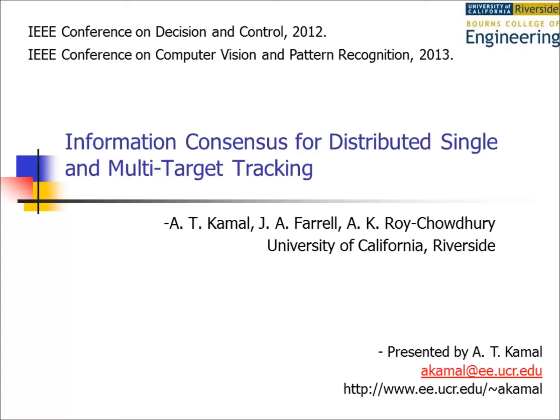Welcome to this presentation on consensus-based distributed multi-target tracking. Due to the availability of modern low-cost sensors, large-scale sensor networks are being used in applications such as wide-area surveillance, disaster response, environmental monitoring, etc. Multiple sensors can cover more area, provide views from different angles, and the fusion of all their measurements may lead to robust scene understanding. Here, we briefly discuss our distributed single and multi-target tracking schemes.